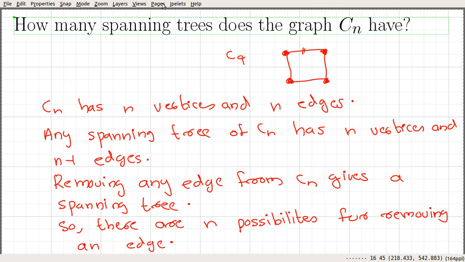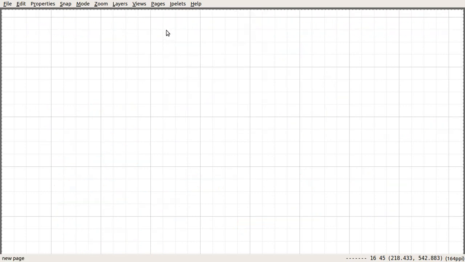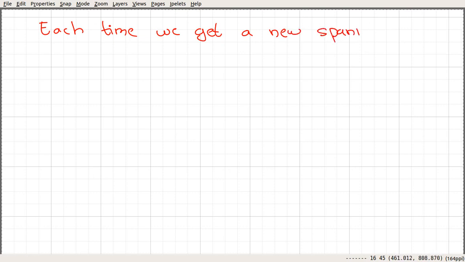Okay, so when we remove a particular edge, we get a spanning tree. So each time we remove an edge, we get a new spanning tree. Hence Cn has n spanning trees.